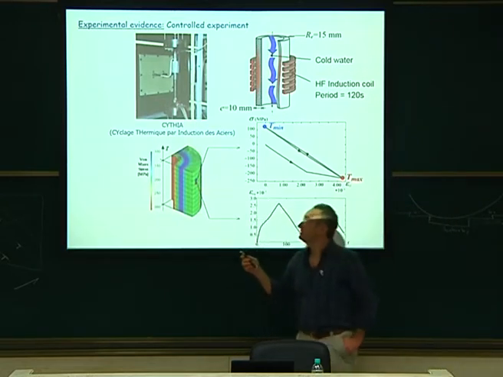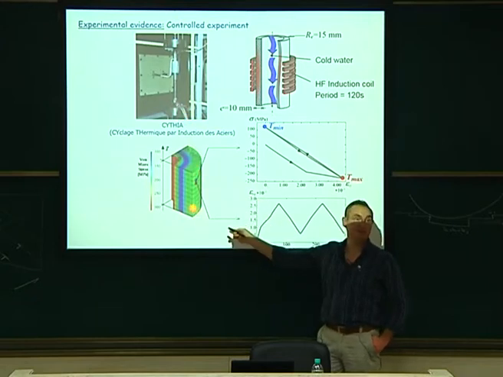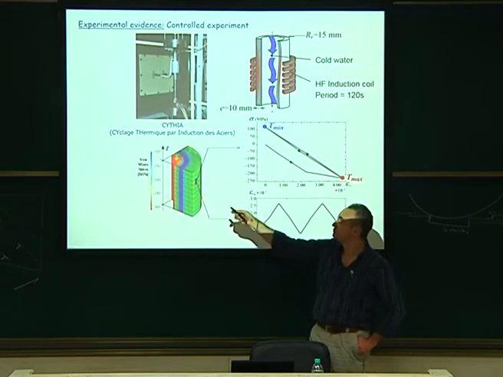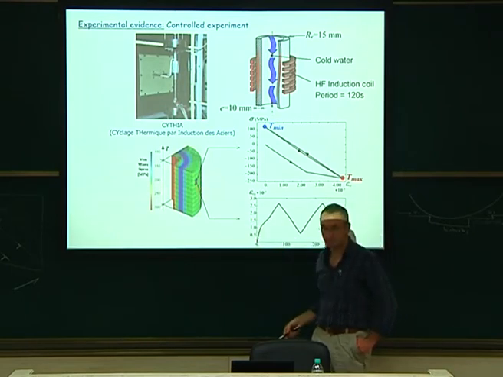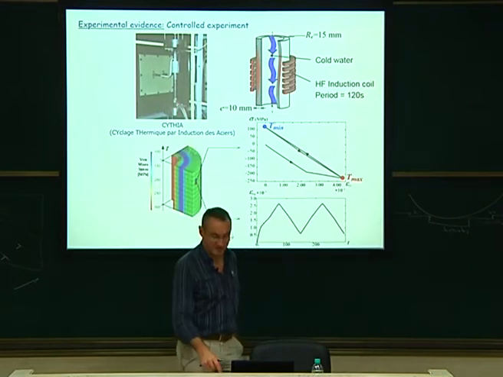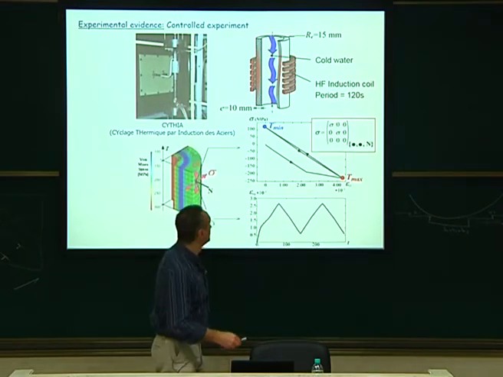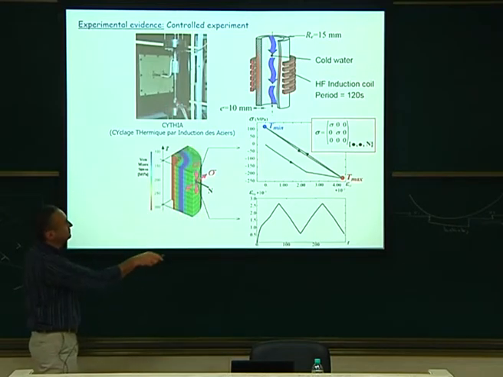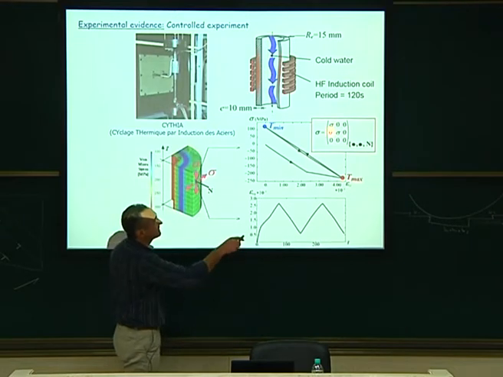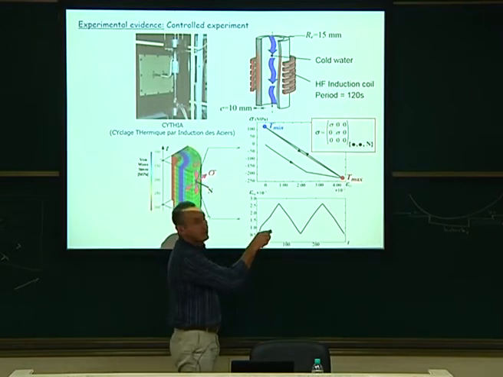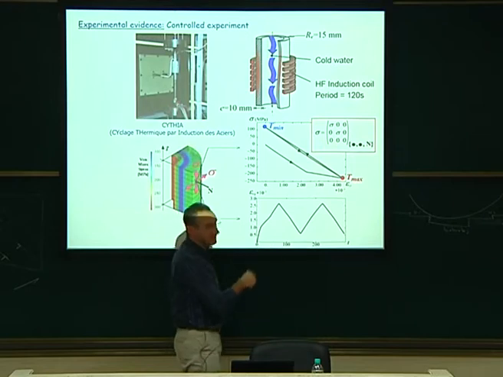Now, just one remark. In this device here, the crack will appear at the outer part of the tube, not inside the tube like in reality. Because of these loading conditions, this one will be cracked, not that one. Okay. So we look at what happens at this place experimentally. And numerically we first saw that this is the loading, and also we can see that the stress state is equibiaxial. So it means that you have the same stress level in any direction in the plane, plus another one out of the plane. So it looks like that, sigma, sigma, and out of the plane you have 0, because it's a free surface. So you have an equibiaxial stress tensor, okay? Like that. Very simple one.